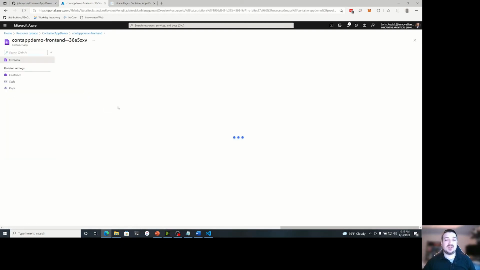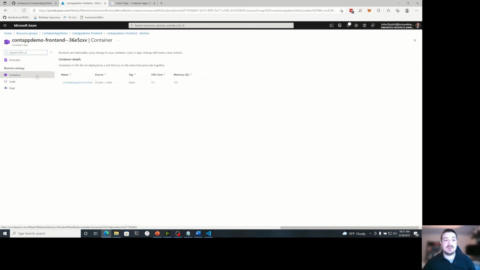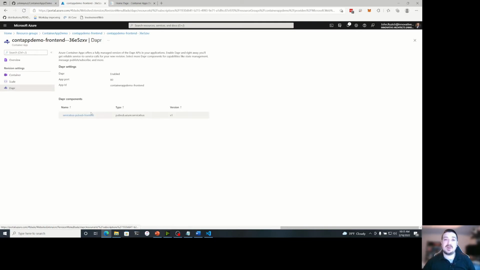If I look at this revision, you'll see that I currently have 1 replica running, some information about the container, some information about scaling. You'll see 0 to 1 with no scaling rules. And then my Dapr configuration, Dapr is enabled, and I'm using this service bus as a Dapr component.